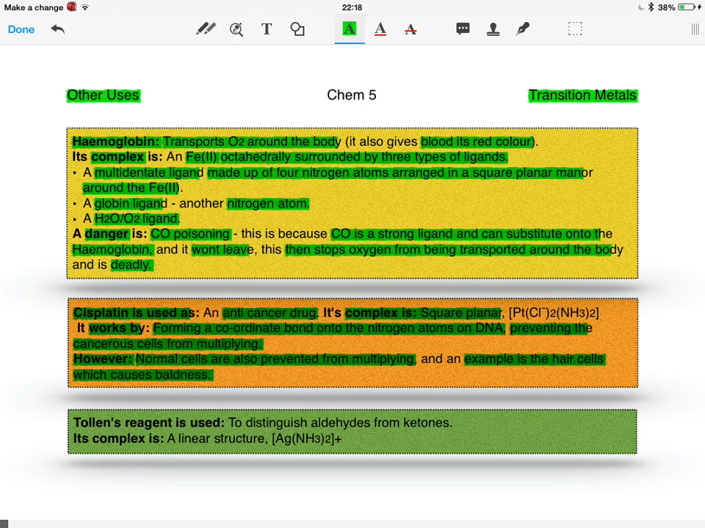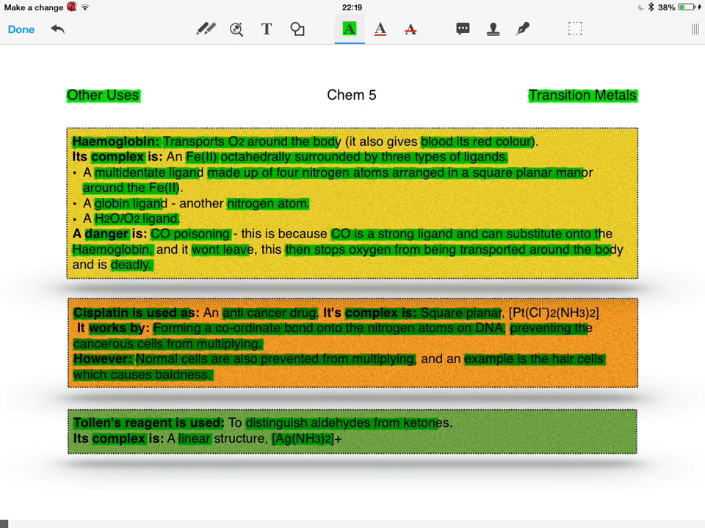A final use that we need to know about is Tollens reagent, and by now this has been drilled into us from AS and from Chem4, but Tollens reagent is used to distinguish aldehydes from ketones. Its complex is linear, and it's silver with 2 ammonia ligands surrounding it on either side, and it's got an